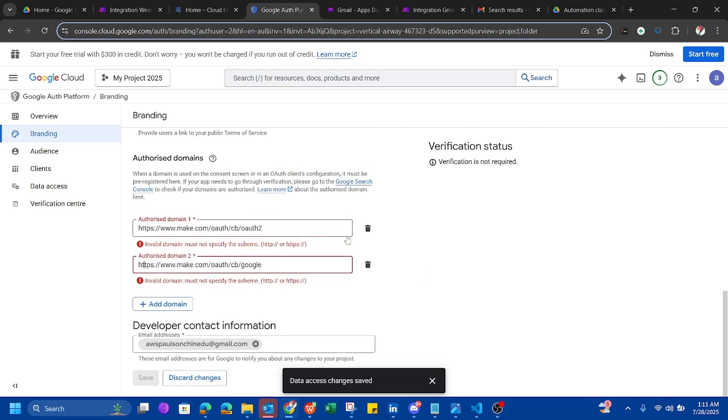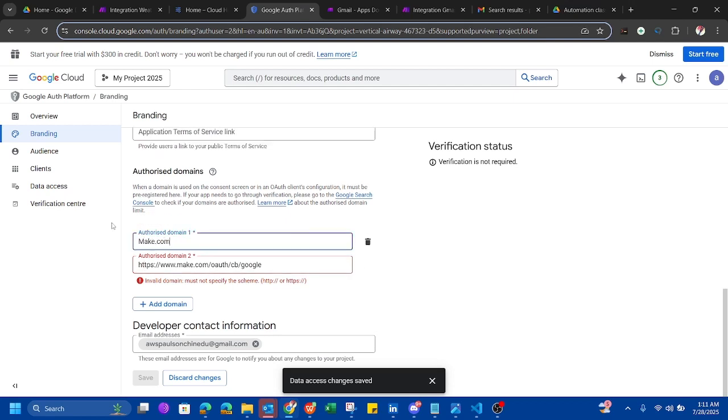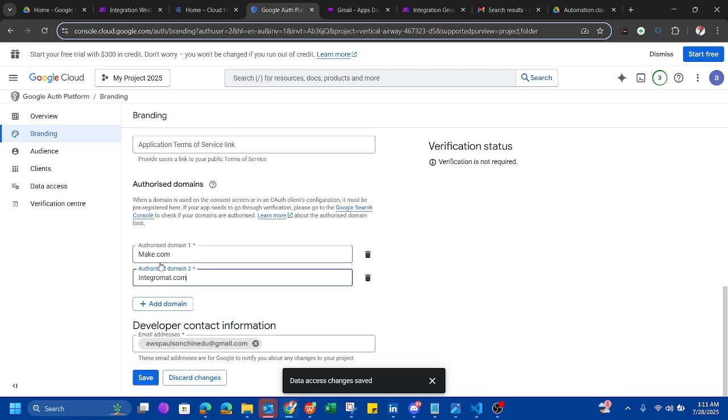Alright, so sorry, I'm supposed to put make.com and then dragomat.com. Okay, maybe save. Branding changes saved. Okay, so next we are going to